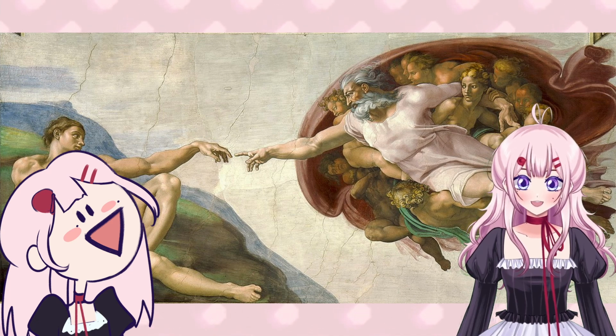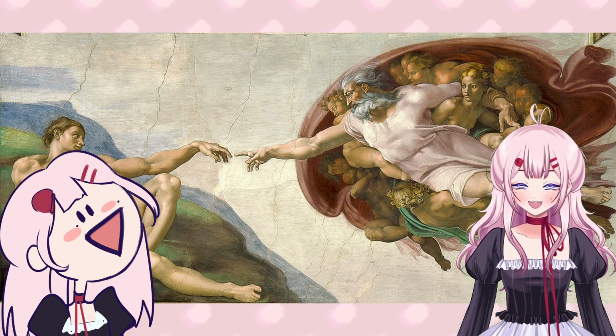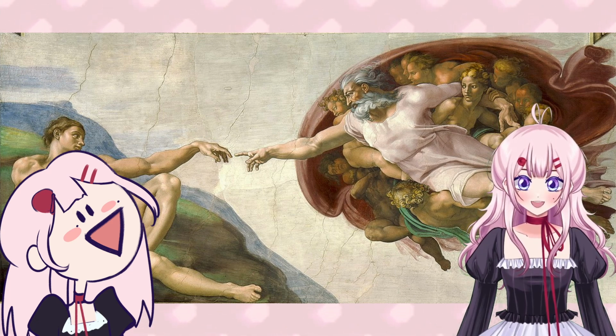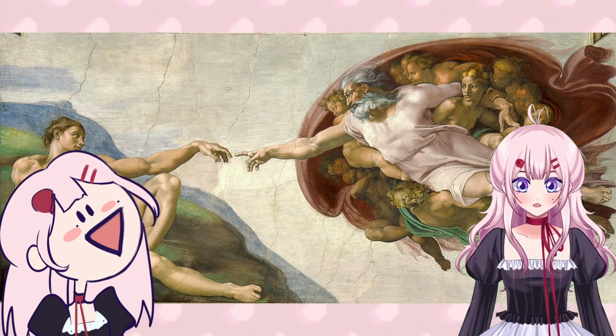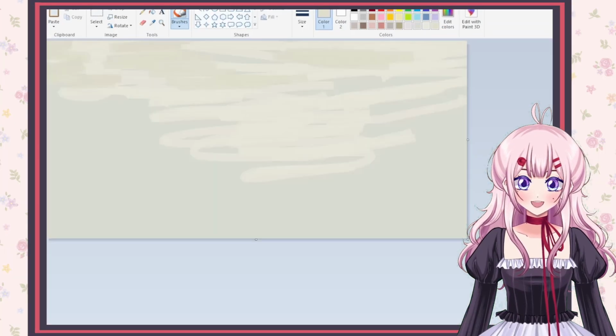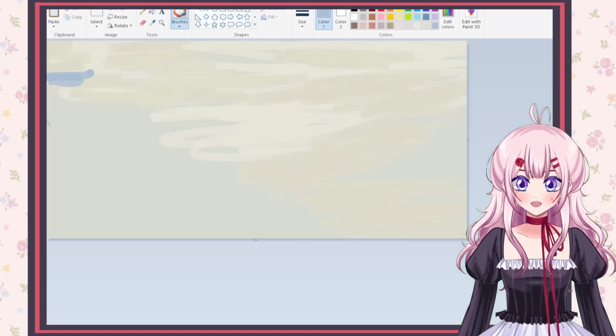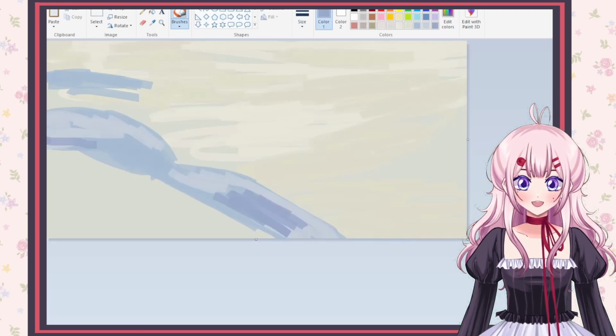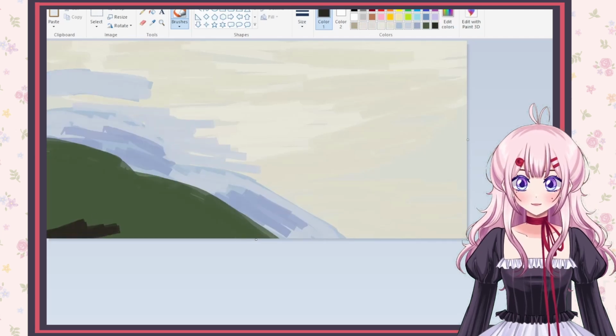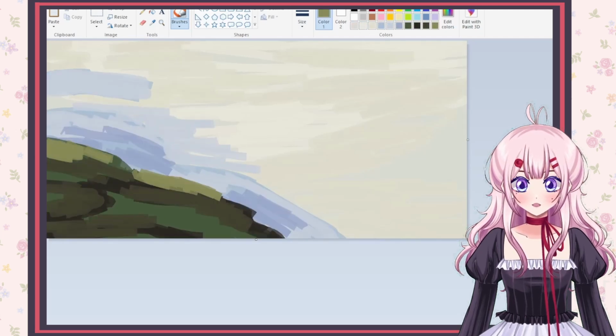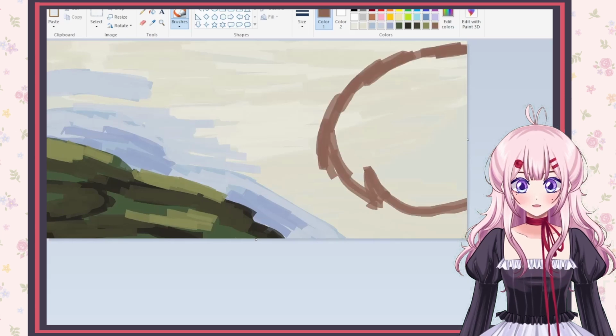Boom. And for our final painting, The Creation of Adam by Michelangelo. It was painted by Michelangelo for the Sistine Chapel and was completed in 1512. It was part of the ceiling painting that was commissioned by Pope Julius II, and it took 4 years to complete the whole thing. I don't want YouTube to get mad at me for showing this painting or drawing this painting, because if you've seen the original,